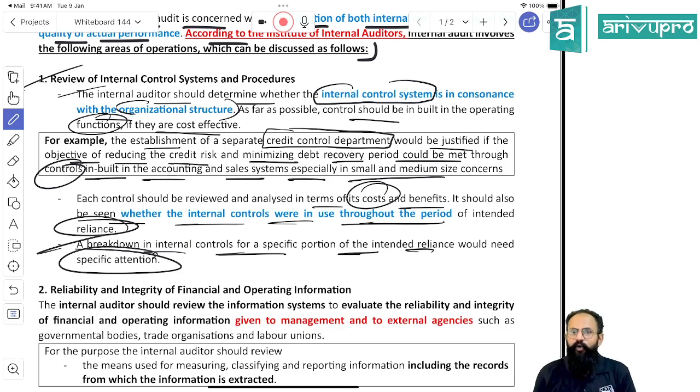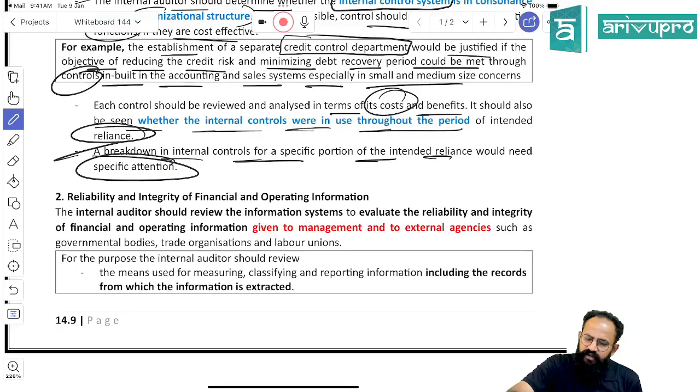So this is, people, the scope of the internal auditor with regards to IIA. That is what they are telling you. The first one is review of internal control systems. What is the first thing I will do? First I will check whether my internal controls are equivalent to the organization structure, meaning organization size, organization's turnover. Is it equivalent? Or are your internal controls like an ant, but your organization is like an elephant? It doesn't work. Next, you have to make sure it is beneficial. Try to put it in the process only instead of having it as a department unless otherwise required. Next, check whether the internal controls were in use throughout the period. And the fourth one, see if there is any breakdown. If there is a breakdown, then give special attention over that period. What happened? Why? That is the point. Okay. Next ones are